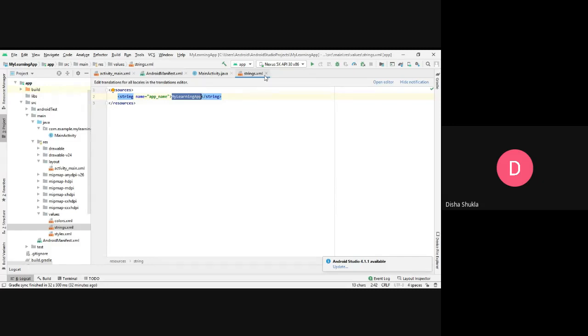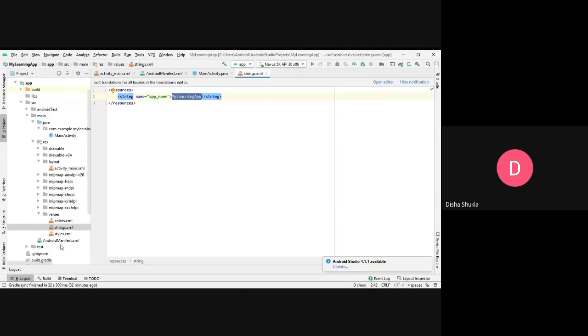So if you hard code it there, then also you can do it. But then, as I told you, if you want to change those things, then you have to go to each and every place and change all those things. So it is recommended to use a string.xml file and mention the things over there.